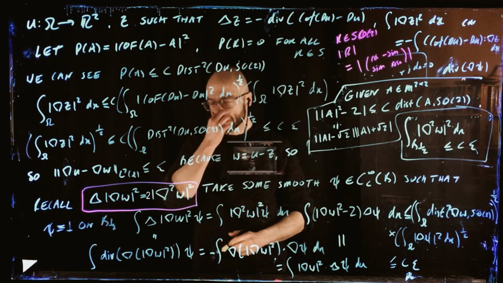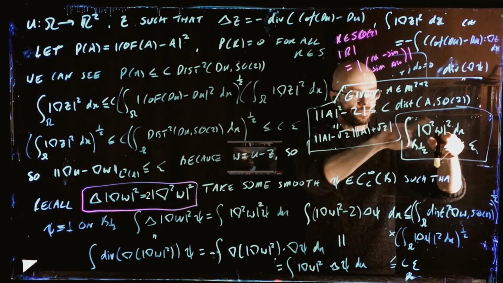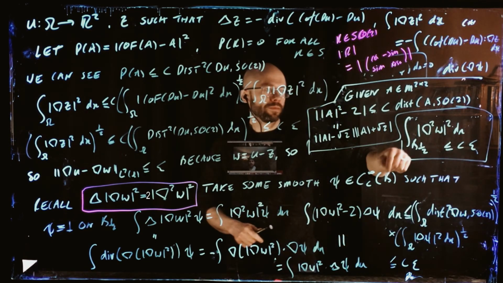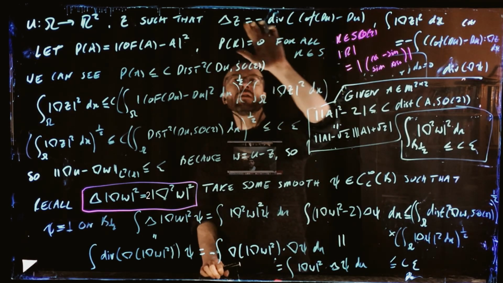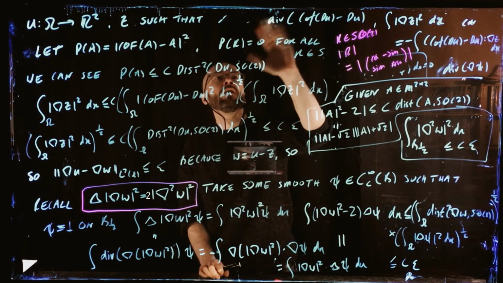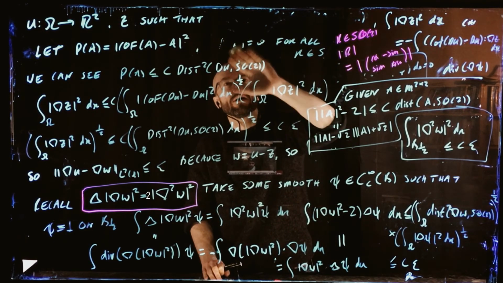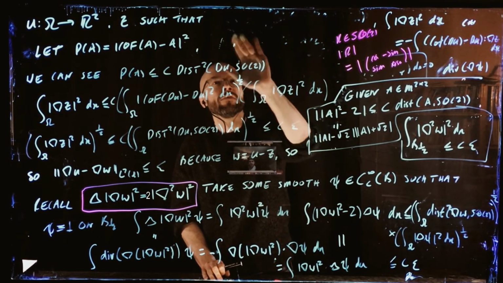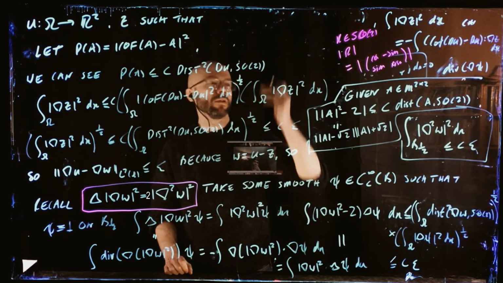Yeah. So now we have some real progress. So let's take the square root of both sides. We have that the second gradient is square root of epsilon away from